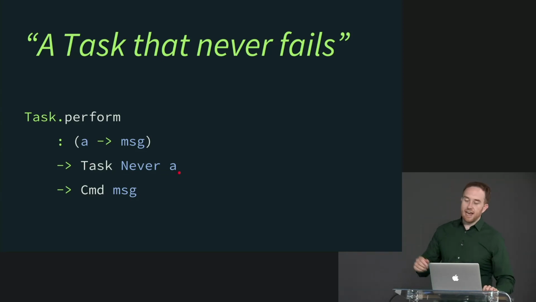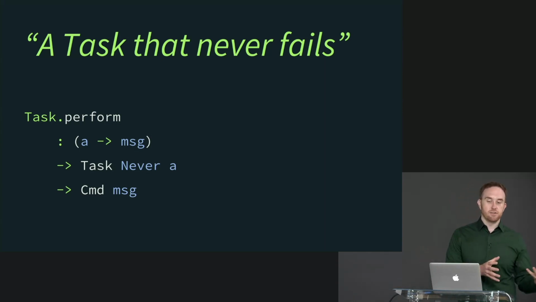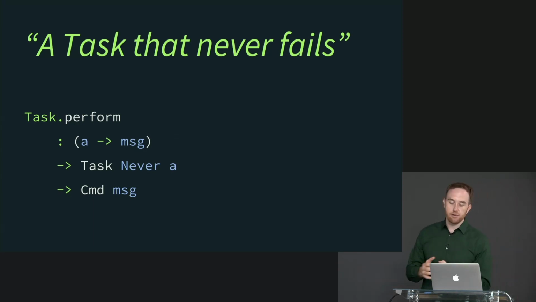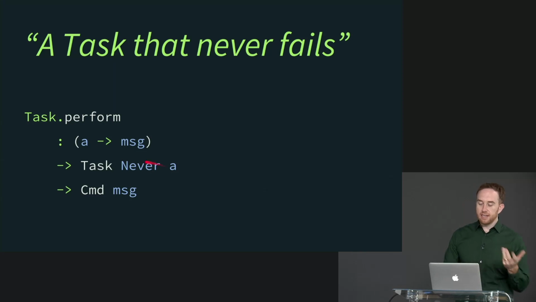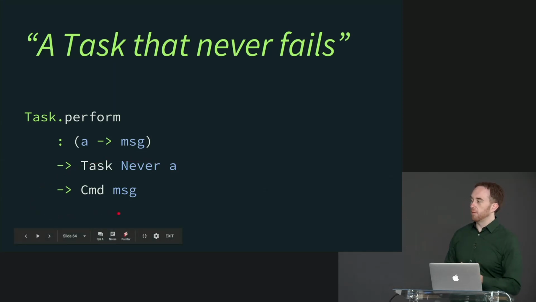I need you to give me a task that still has its error type unbound, because this task is not capable of producing errors. So it's exactly the same principle that Tessa was using to say, I want a list of attributes that do not produce messages. This is saying, I want a task that does not produce errors. And if so, then I can give you a command that will work.